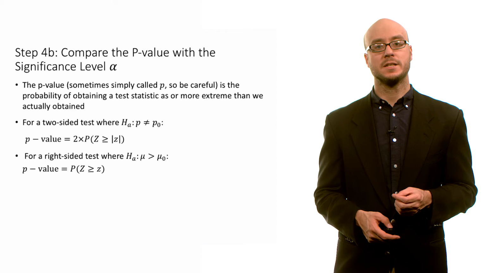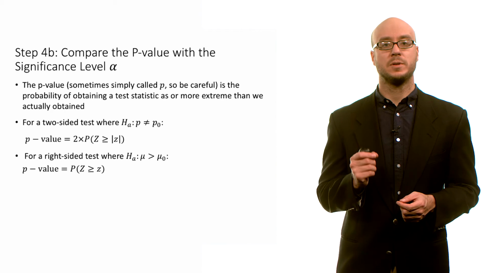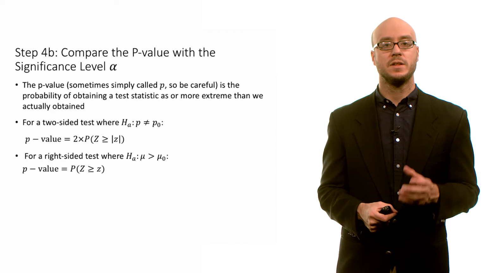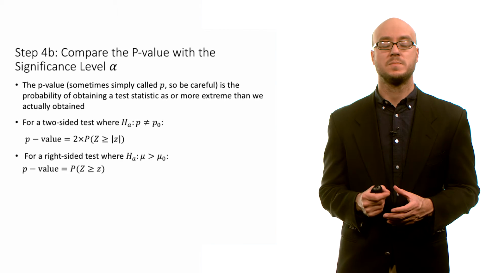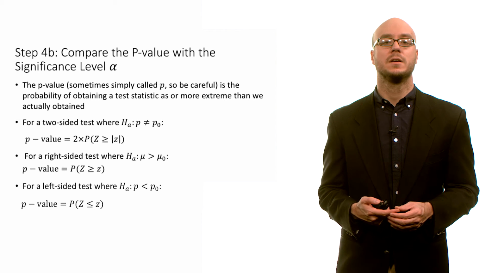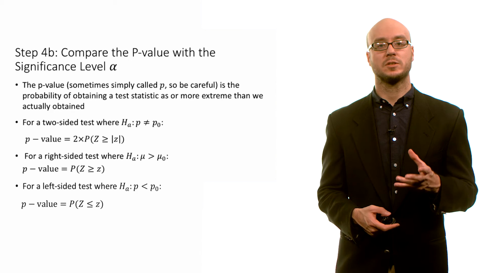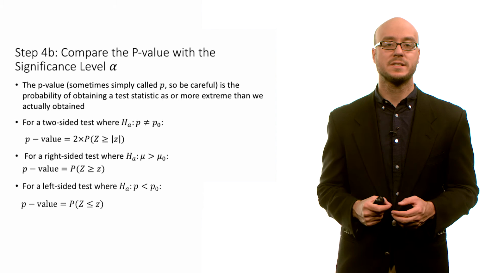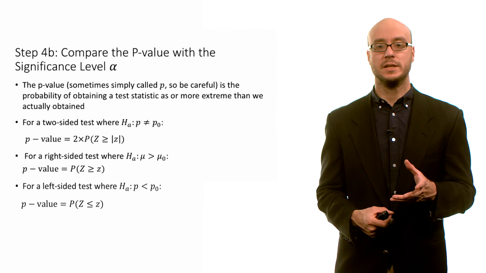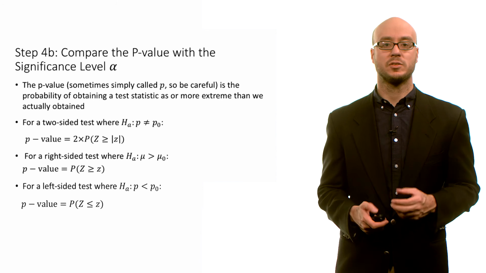For a right-sided test, where the alternative is that the population proportion is greater than some claimed value of the null, the p-value is simply the probability of obtaining a test statistic greater than or equal to the one we obtained. And for a left-sided test, where the alternative is that the population proportion is less than the claimed value of the null, the p-value is simply the probability of a test statistic less than or equal to